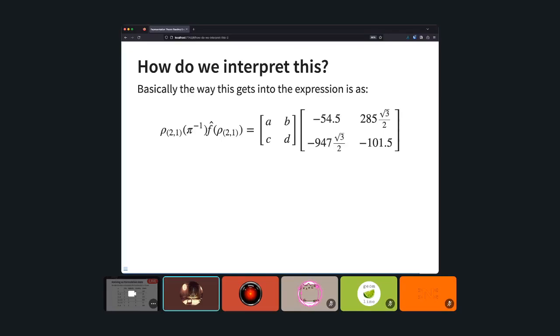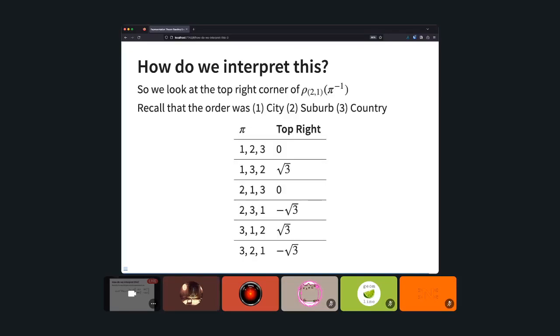And so you really do want to look at these individual entries and kind of how they affect the function. But so, all right, we look at the top right corner of this B, the top right corner of the arreps, and basically, this is pi, and then the top right of pi inverse is what we're looking at, and basically there's nothing going on if